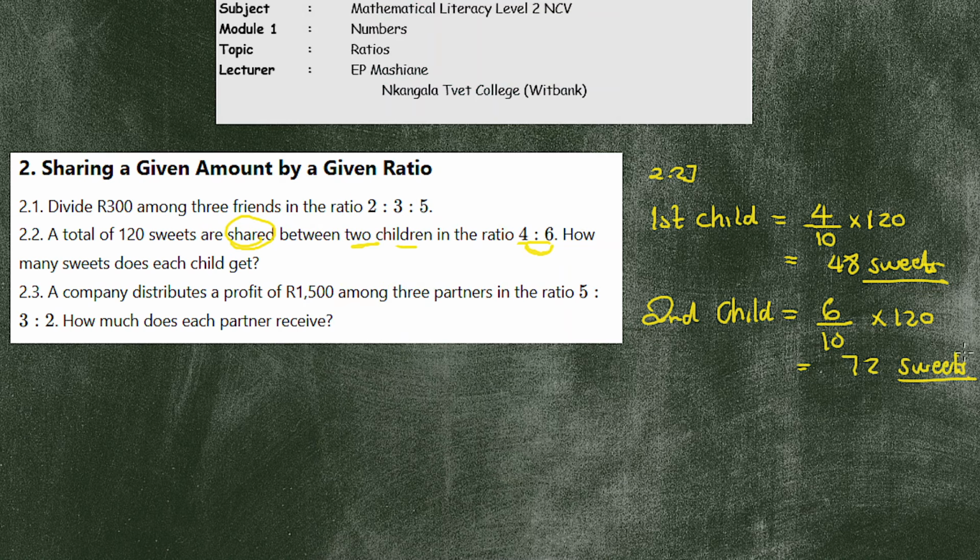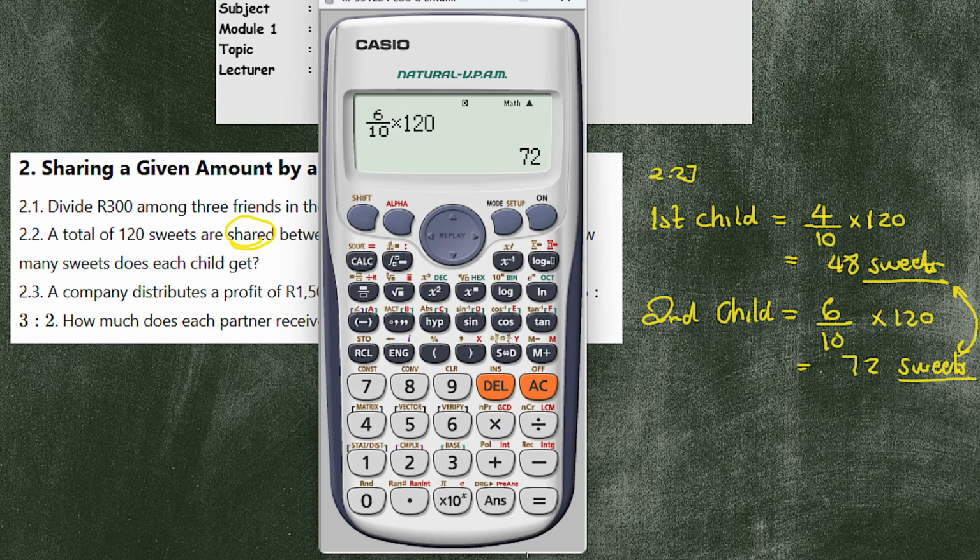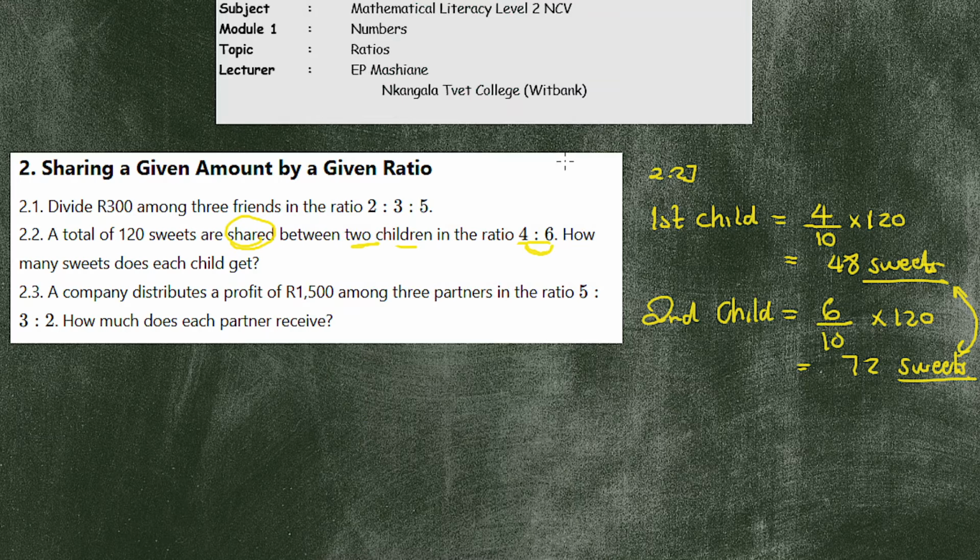Sweets. And when you add the 2 shares, you should get an answer of 120, because we shared a total of 120 sweets. One got 48, another one got 72. When you combine, you should be getting the total number of sweets initially shared. Alright, so for the last one,